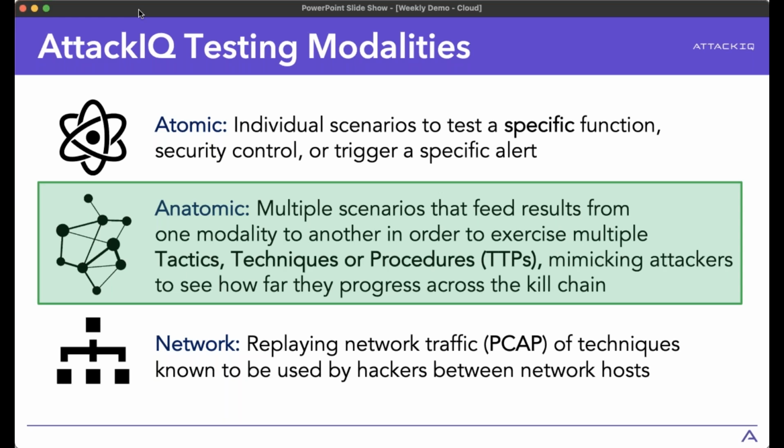And just a note here, the AttackIQ platform is able to do things like atomic, anatomic, and network modalities. Atomic is usually individual scenarios that test a specific control or a function or a technique in order to validate that control or that technique being blocked or prevented and/or detected. We also have things like anatomic